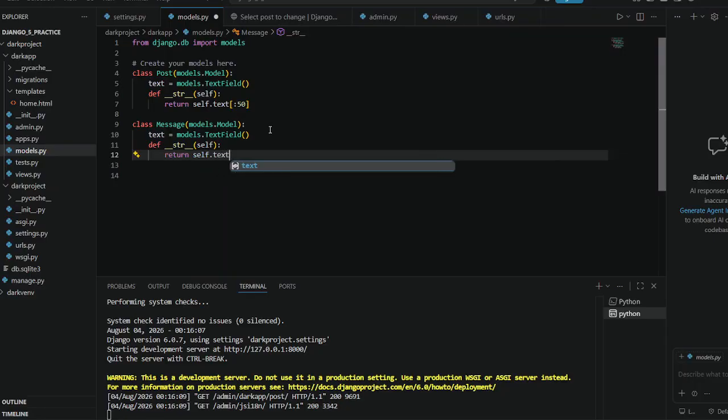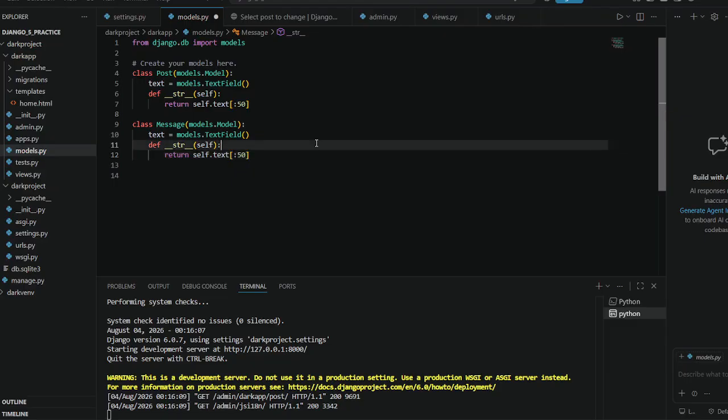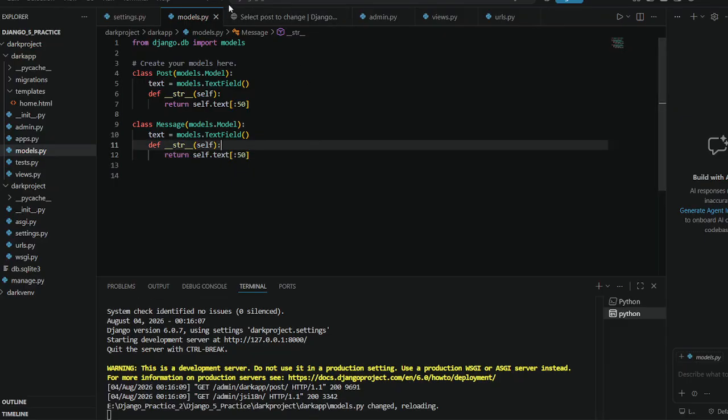So it's like self.text. You know that this is a Python function, a constructor, so self is automatically the determiner. Self actually determines, actually detects something, that okay, this is the thing we are actually working with. So it's like it is remembering something. Okay, so you have to give the character 50 characters. Now you can save it, and it will show an error as it is, but we need